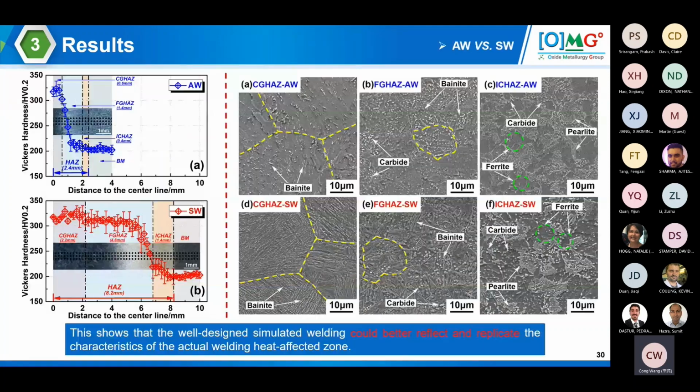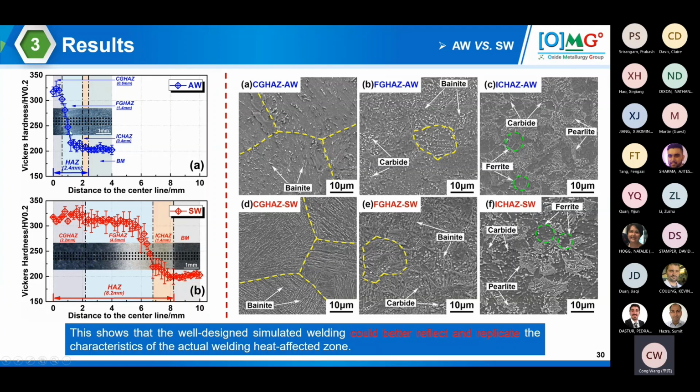And we are going to offer a few key features, including the hardness, the microstructure, and also the carbide evolution, to see whether they're comparable to each other. So what we have done is actual welding versus simulated welding here. And what you are seeing on the upper left corner is, for actual welding,